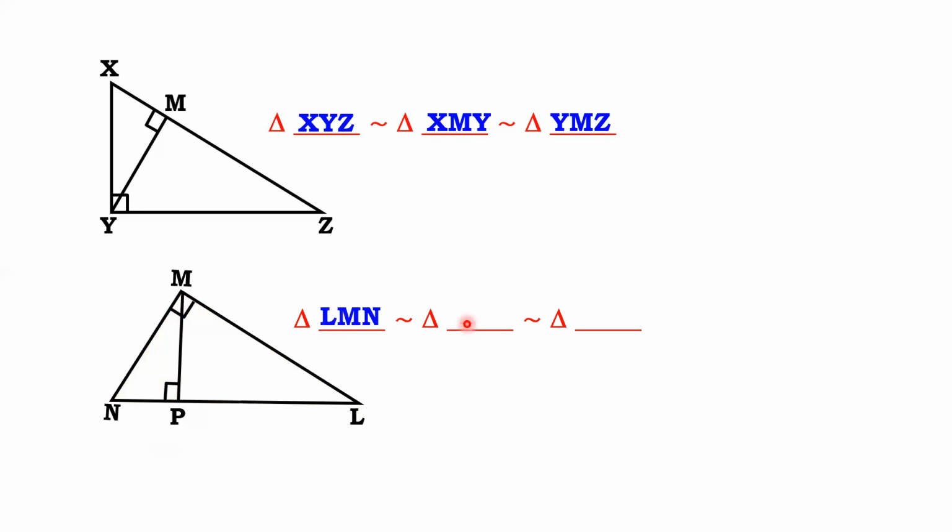So we'll get the name of the second triangle, LPM. Now put P between the second and third points. So P is here between M and N. What is the name of the third triangle? MPN. Did you understand it? This is the easiest way I have found for all of you, because it will make the work so easy that you will never face any difficulty naming the three triangles.